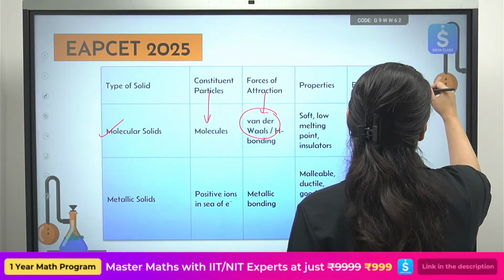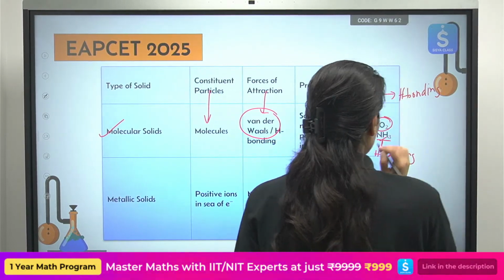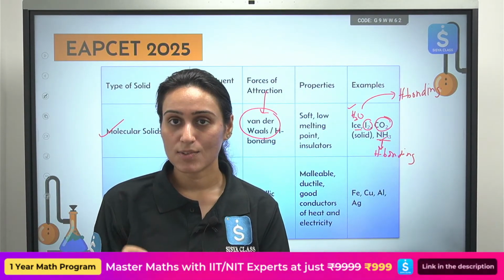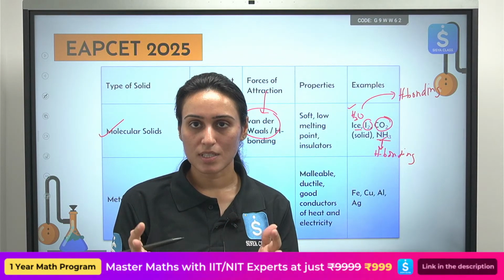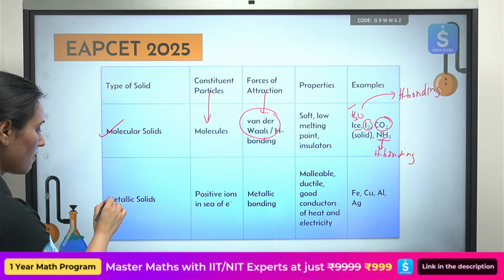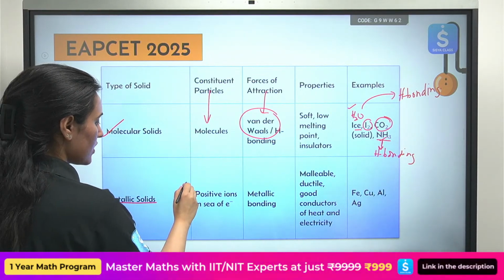Hydrogen bonding. In ammonia also, you will see hydrogen bonding, not in iodine, not in CO2. There you have only weak van der Waals forces of attraction. Okay. Next, metallic solids. So, first of all,